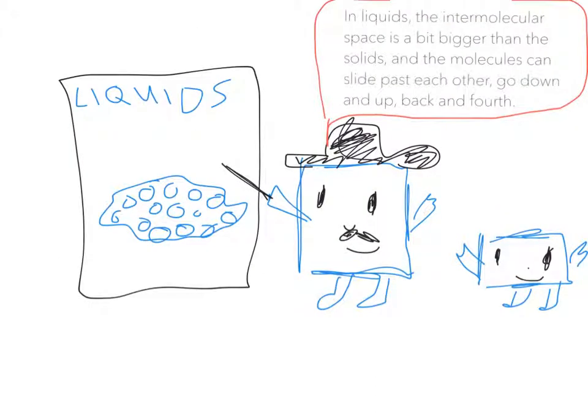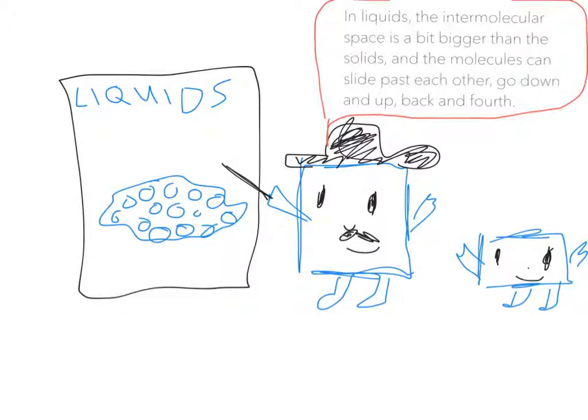In liquids, the intermolecular space is a bit bigger than the solids, and the molecules can slide past each other and go down and up, back and forth. Here's a picture of a liquid and the molecules inside it, and the intermolecular space, as you can see, is a bit bigger than in solids, and they can go up and down and move a bit more freely than